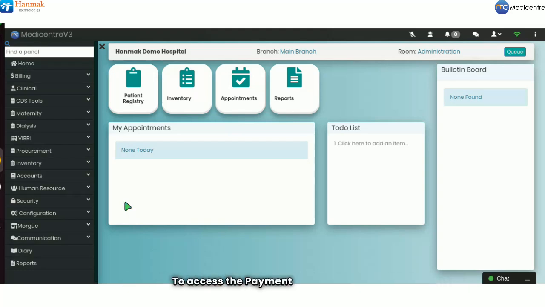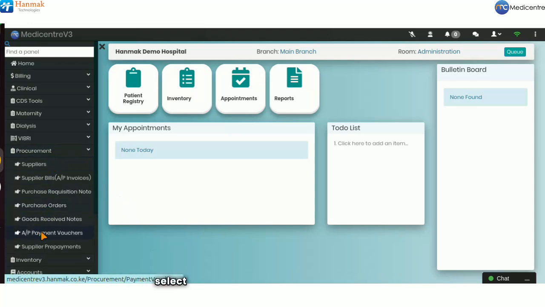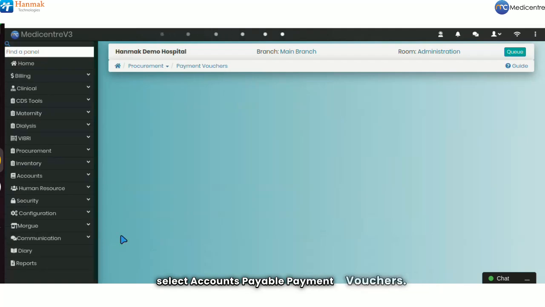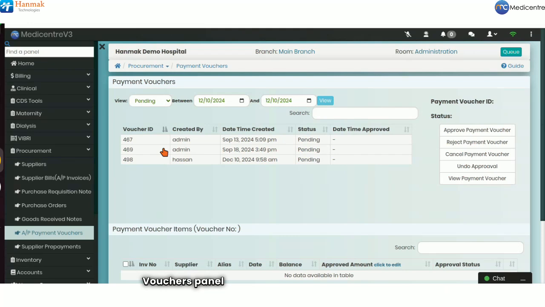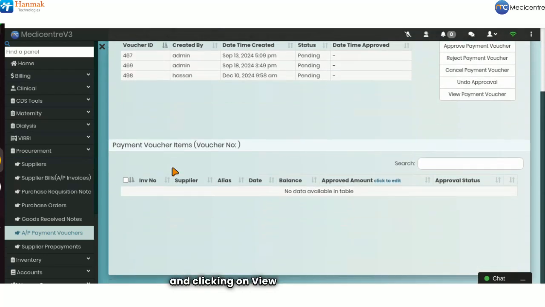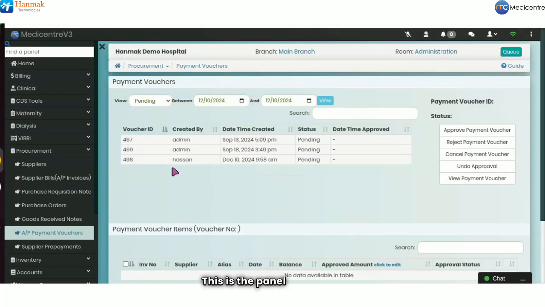To access the Payment Voucher panel, navigate to the Procurement module and select Accounts Payable Payment Vouchers. You will be redirected to the Payment Vouchers panel. Please note, after creating a payment voucher and clicking on View Payment Voucher, this is the panel you will be